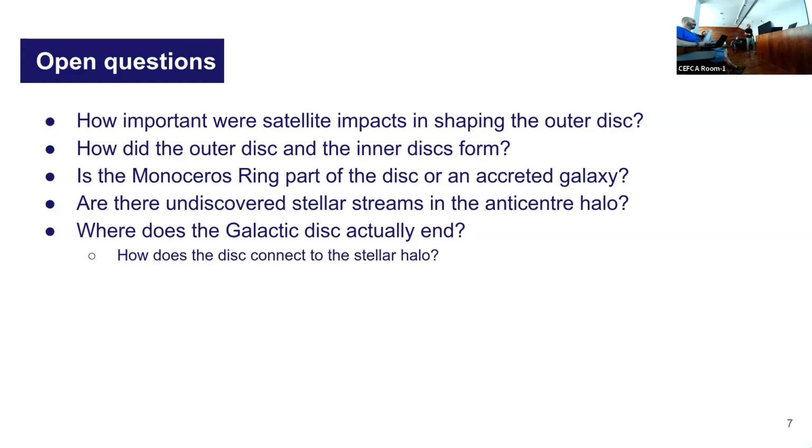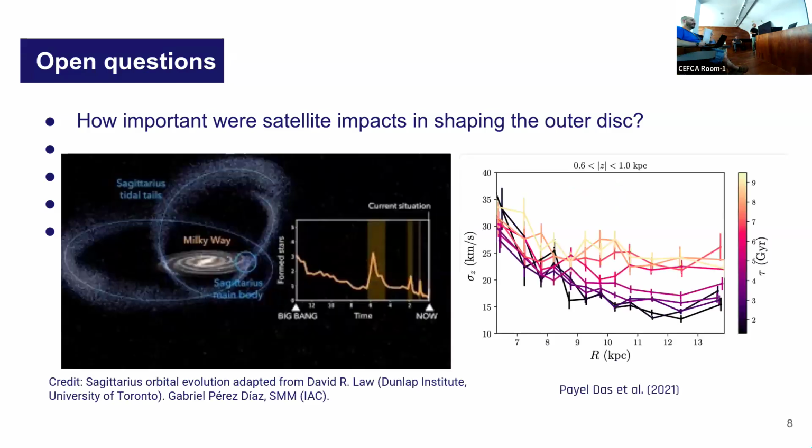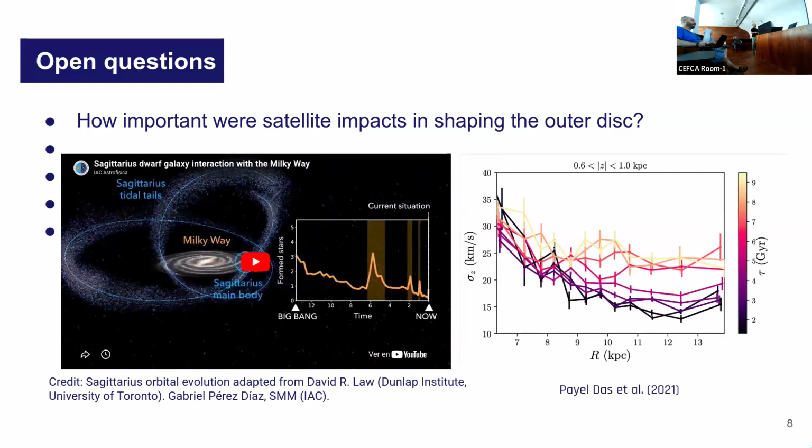Where does the galactic disk actually end? I mean, do we have a border, or is there a connection with the stellar halo? These are hot open questions that many astronomers are researching today. And regarding the first question, I would like to show you this video. Maybe you already know it,